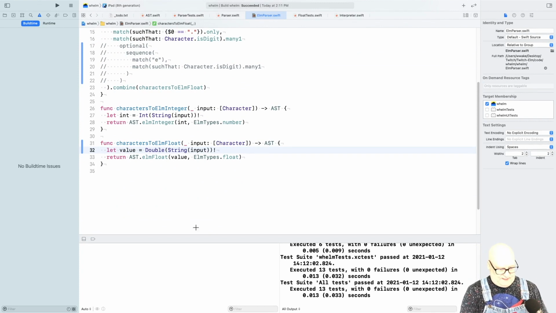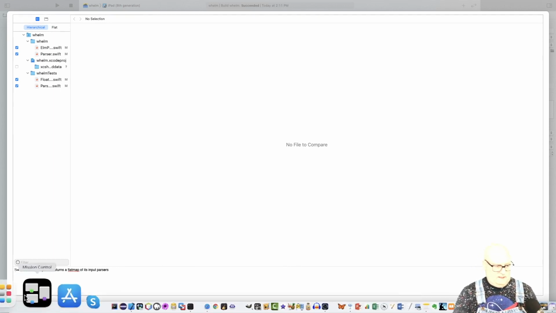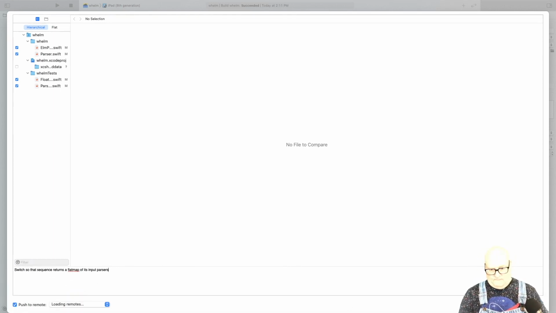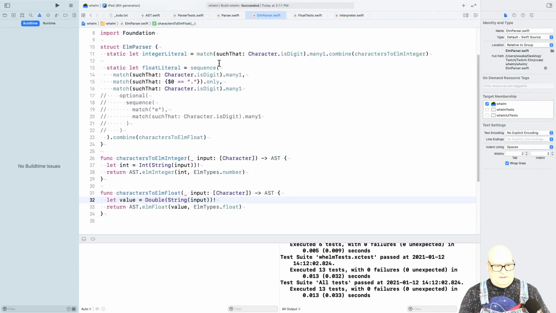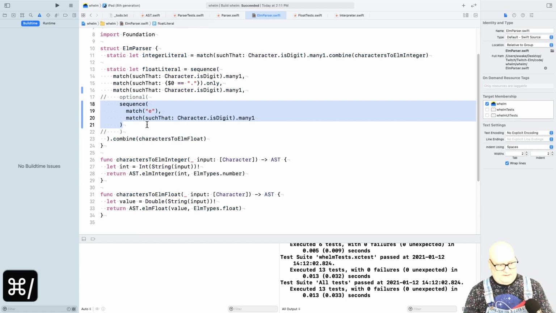All right, so I'm going to say switch so that sequence returns a flat map of its input parsers. Again, I don't think we should have to do all this, but seems to be what's required. All right. So this stuff,